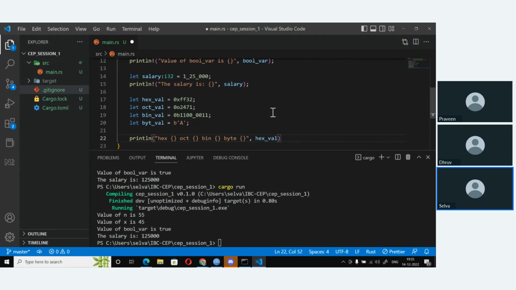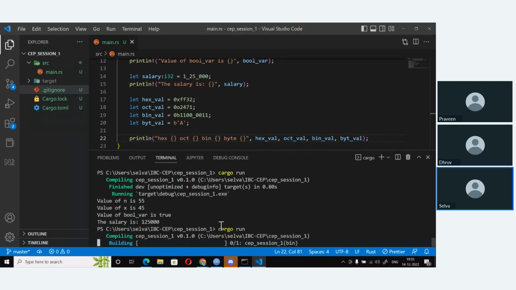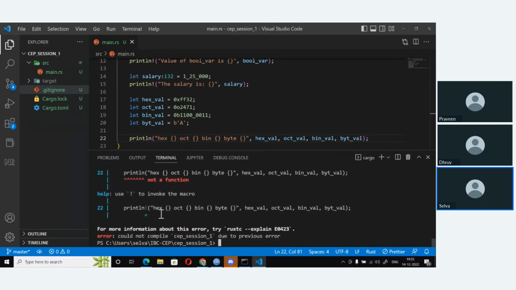X12, octal, and then byte. Okay, and let's run this.